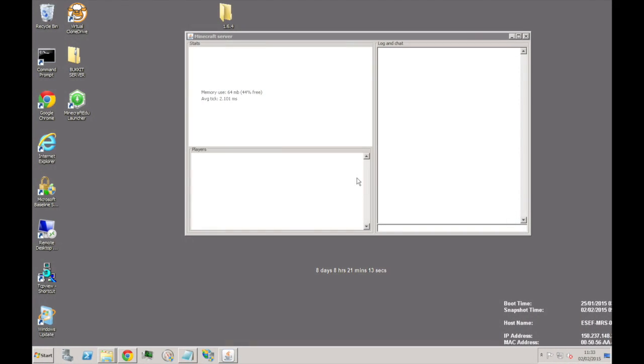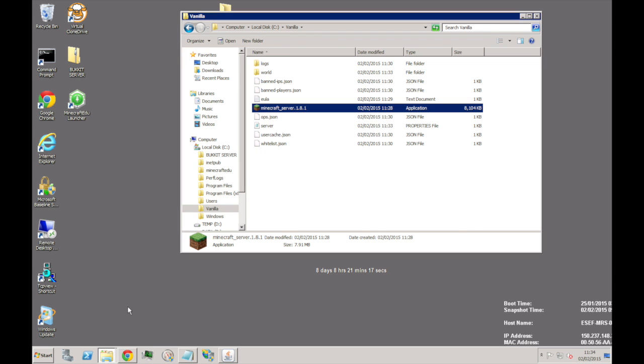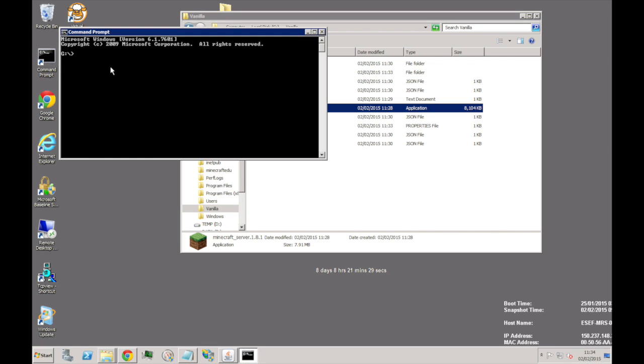Okay, so we've got our server up and running, and we know that our world has been created because we can see all the various files that have been added here. So the next thing to do is find out the IP address of our server. If you don't know the IP address of your server, there's a really easy way to get it on Windows. If you open up a command prompt again and type in ipconfig, just ipconfig,